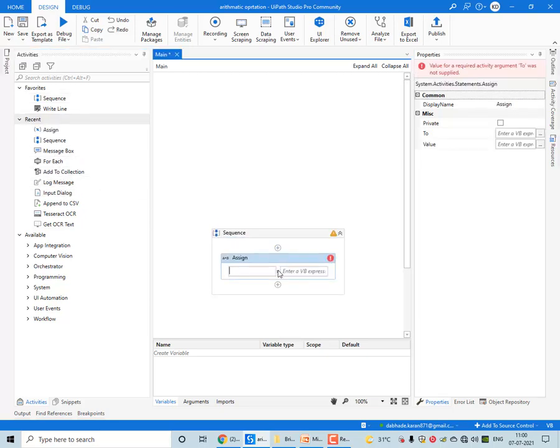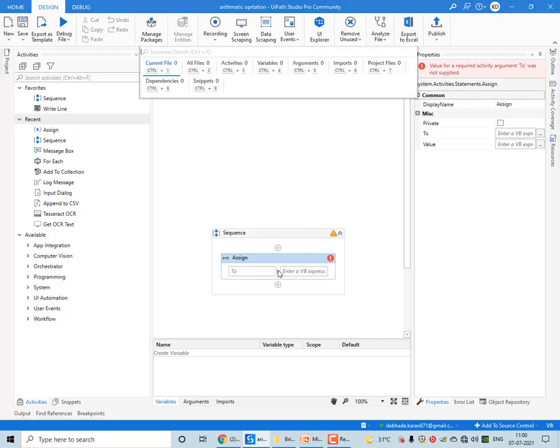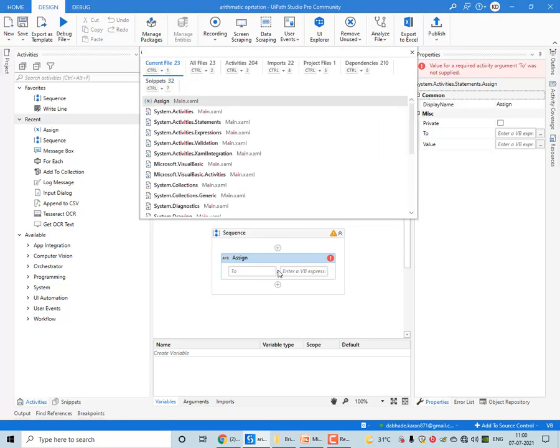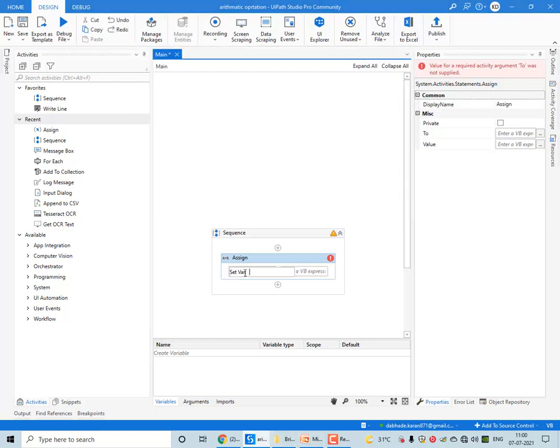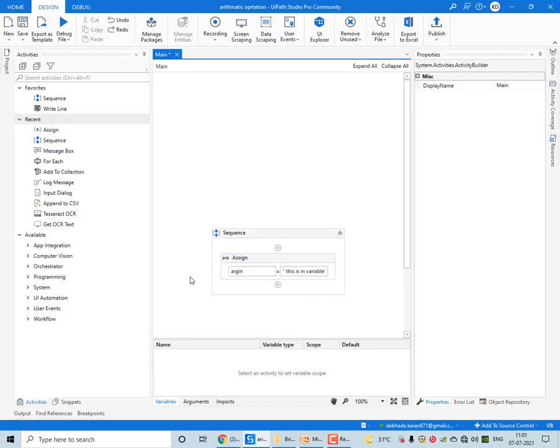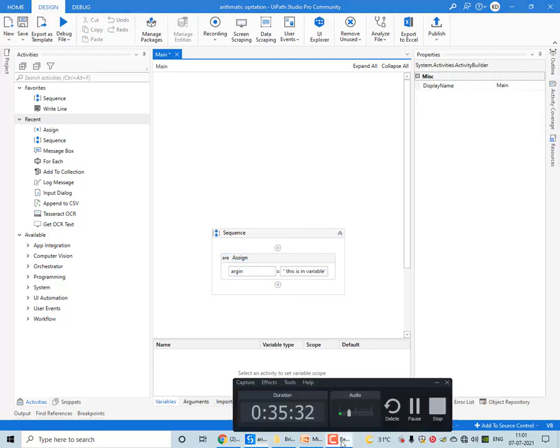I am assigning a value, creating one variable, Ctrl+K, arg_in, putting some value, this is in variable.